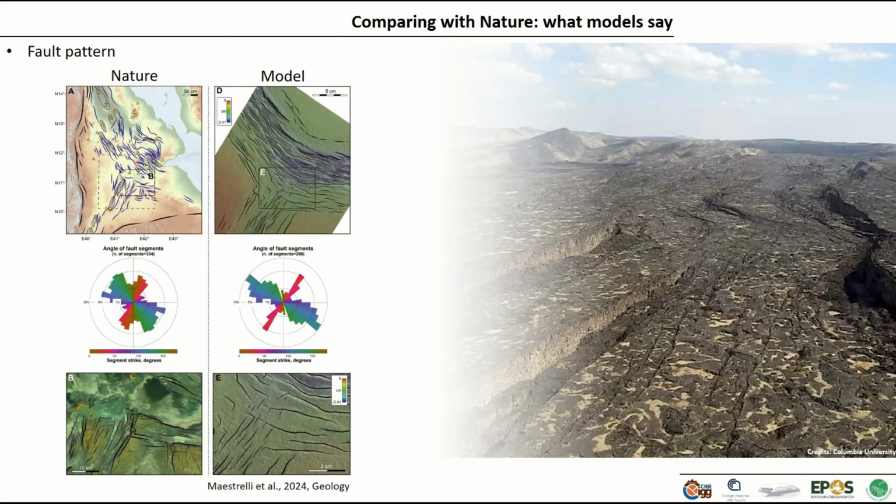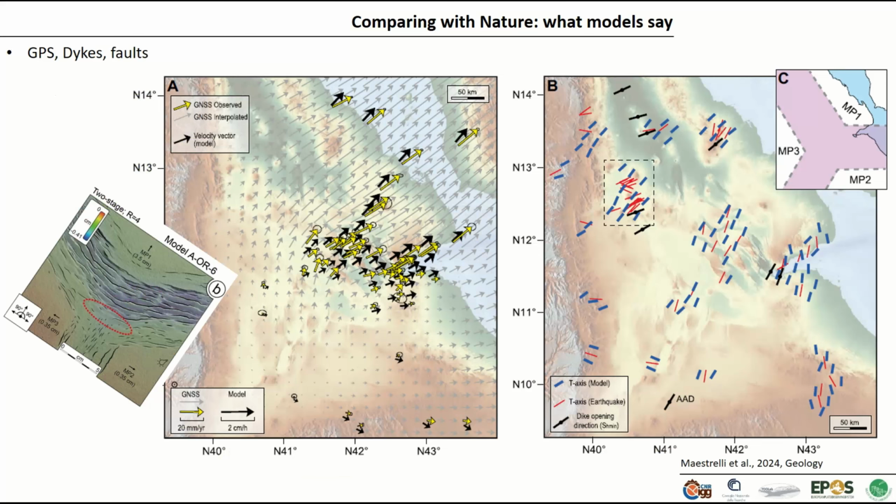We also see that this has migrated through time. I don't have time to discuss this in detail, but we do see a propagation of this triple junction through time in our models, like it is occurring in nature. And we obtain this T-shaped fault pattern migrating northeastward, of course. It is even more clear that there is a nice fit between this model and nature if we compare the